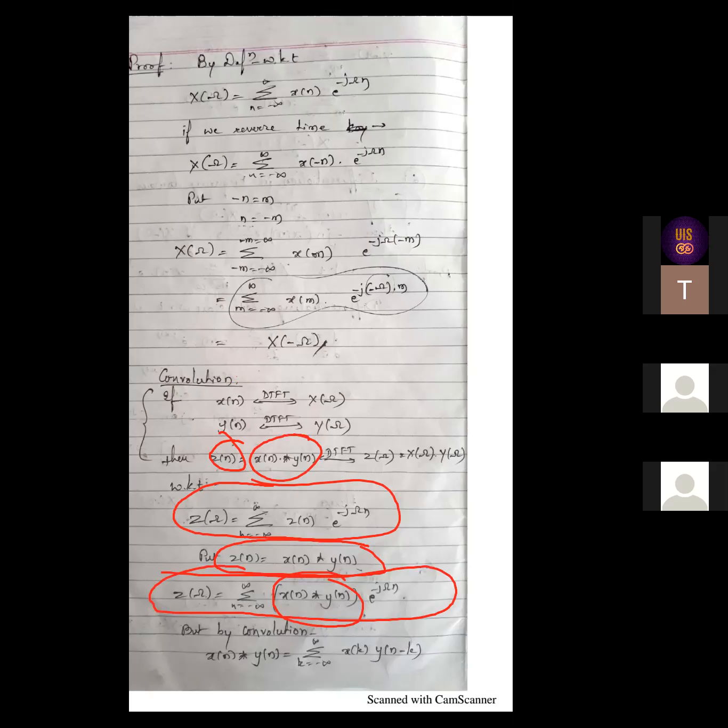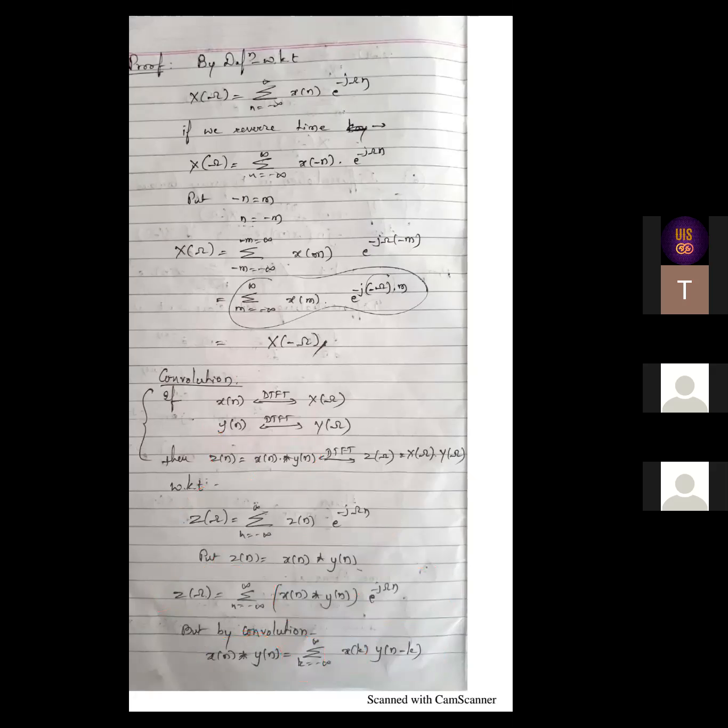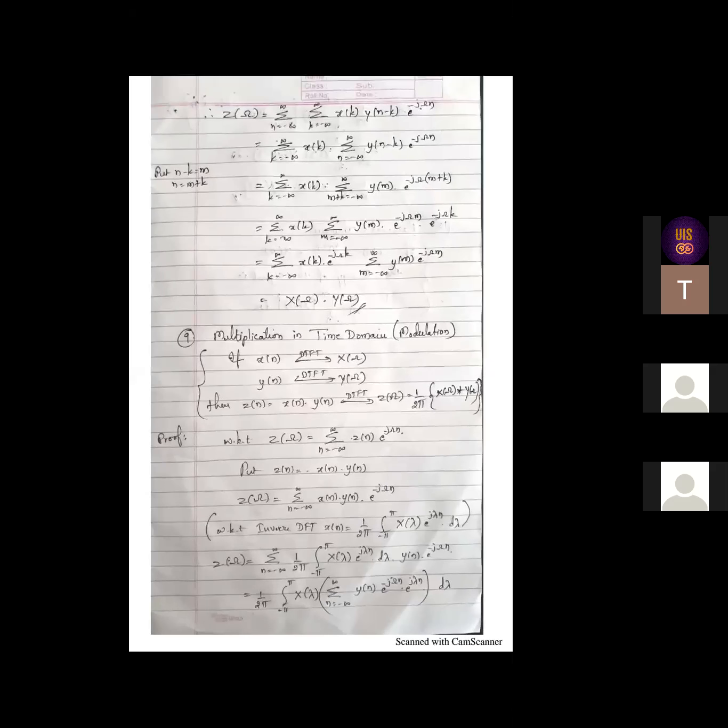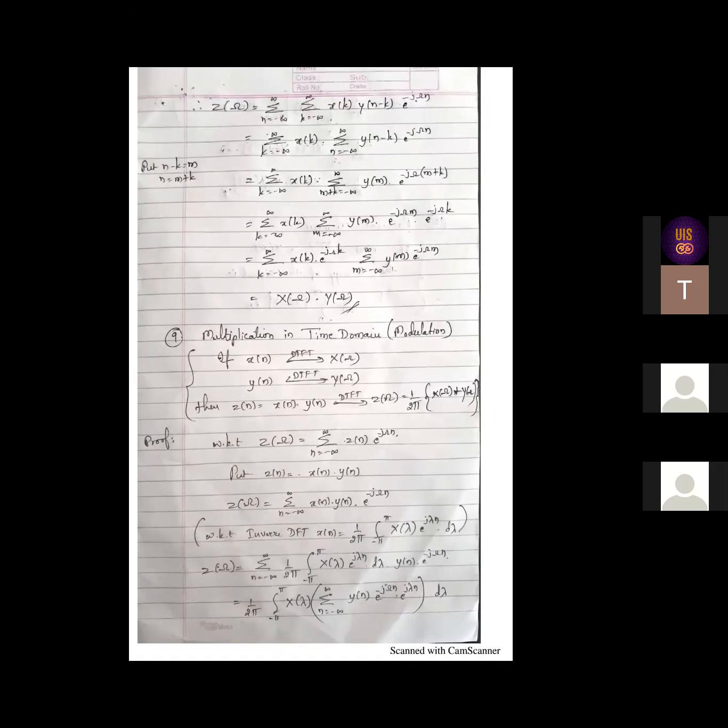What formula have you used to find the convolution of two sequences x and y? x of k, y of n minus k. This is for discrete time. If you remember, the summation variable is small k, from minus to plus infinity. Further, we will simply substitute the summation n range as it is. Instead of x convolution with y, I have substituted the convolution formula. The remaining exponential term is also as it is. Only the convolution formula has been substituted.